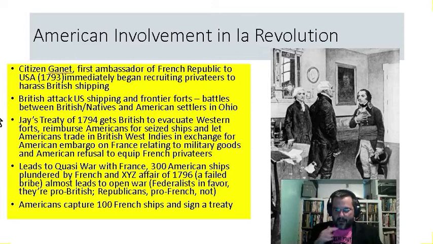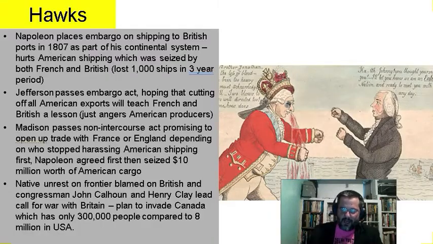And again, the Republicans who generally favored the French did not want war with them, and the Federalists who generally favored the English didn't want war with them either. So when John Adams became president in 1797, his fear of French agents undermining the American Republic caused him to enact some of the most